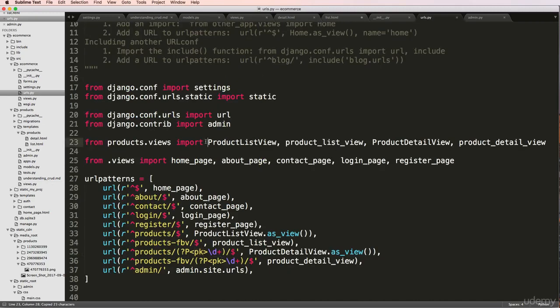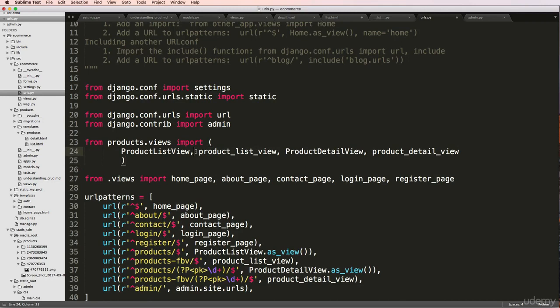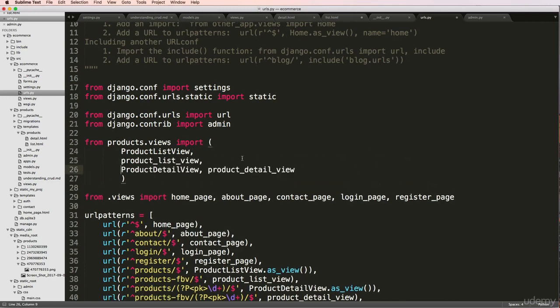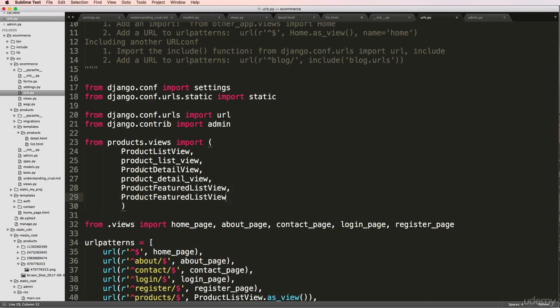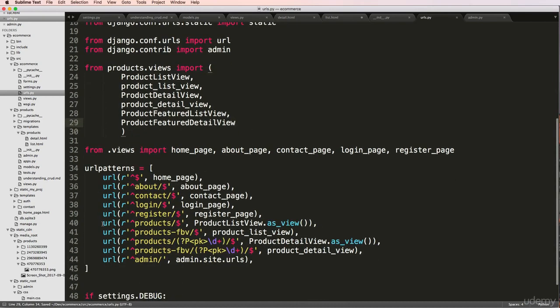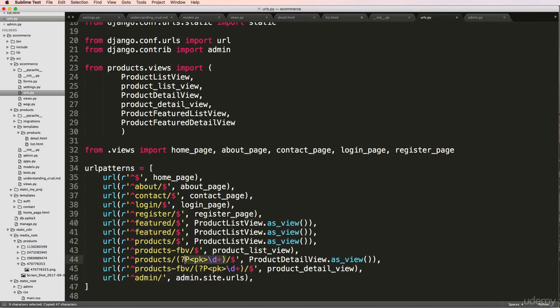So inside of URLs, we're going to turn this into a little tuple so it's a better import. Let's just separate it out a little. And then the featured list view and the featured detail view. Okay, so now what I'm going to do is copy the list view here and just say featured instead of products. And again, featured, like this PK stuff, we'll do that same thing